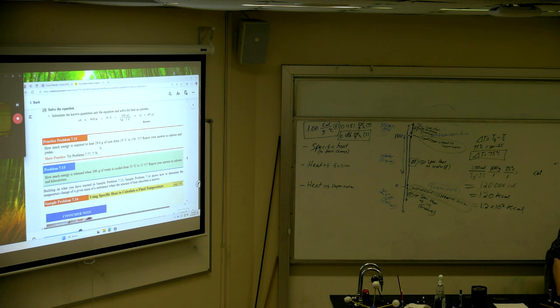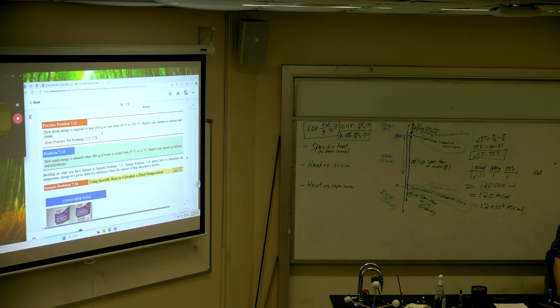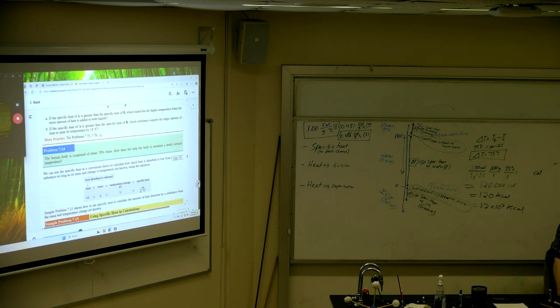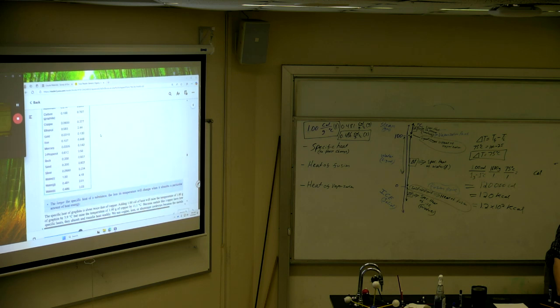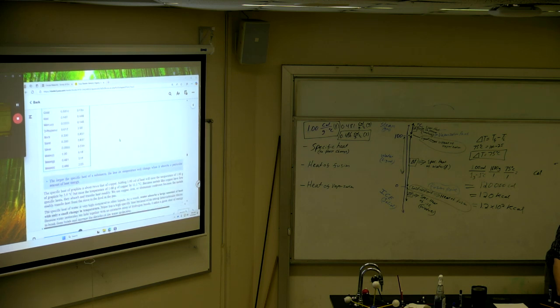Okay, now we're doing iron. If it doesn't say that it changes phases, you're going to assume that it won't. Maybe your intuition tells you 19 degrees C and 150 degrees C. We're nowhere near the melting temperature of something like iron. So we would have to look up here, get the specific heat of iron. 0.107, it says,